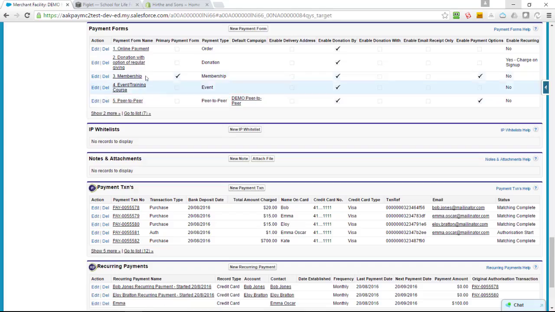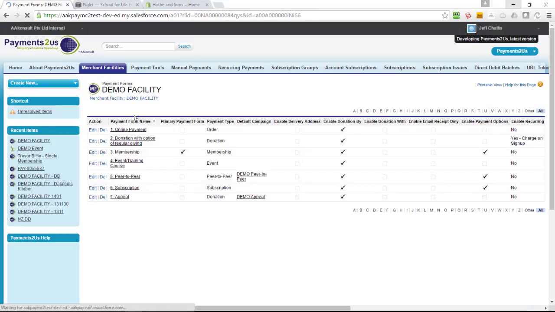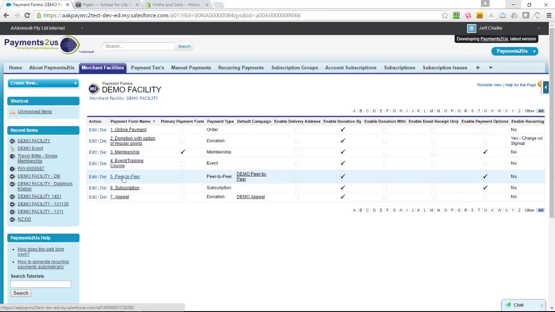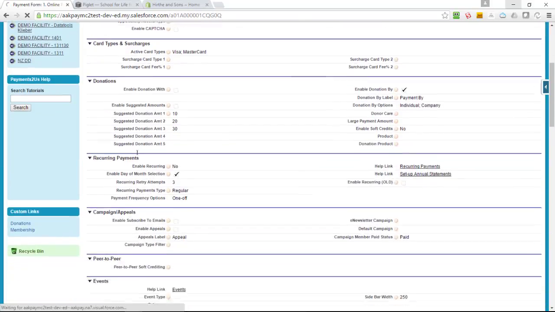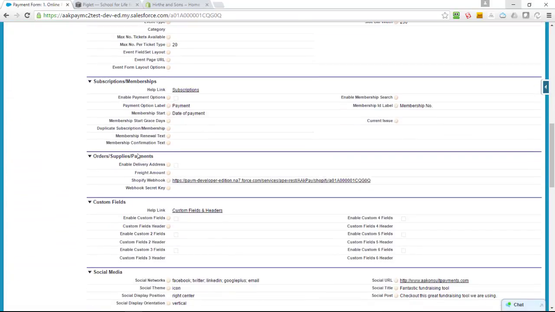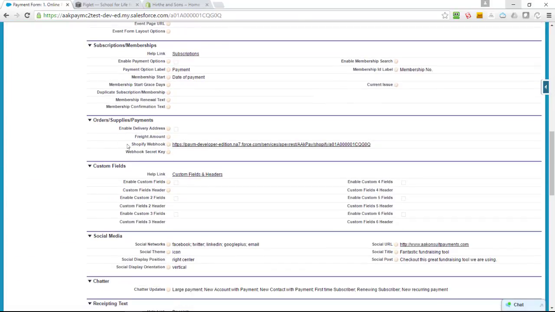If I go down to my payment forms, and I'll expand it to see my shopping cart related form. In fact, you can use any form within here. It doesn't have to be a specific one. So I'm just going to choose a simple online payment. Inside the payment form, I scroll down to the orders and supplies section, and what you'll see here is it's got a webhook here that I set up. So the first thing I do is copy that URL, that webhook,